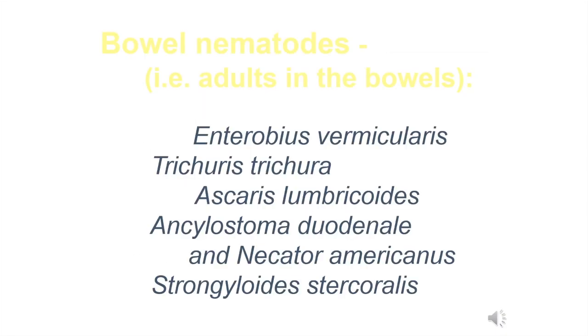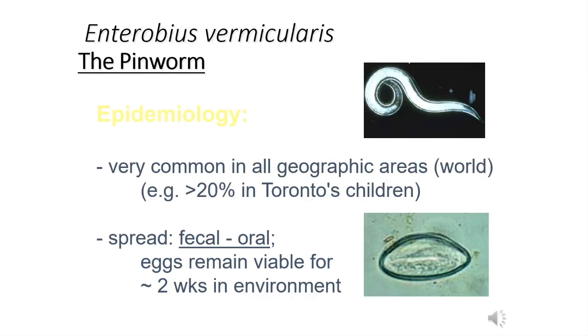Okay. Some names of those medically important nematodes, the bowel nematodes. Those are worms which occur inside the bowels. We have Enterobius vermicularis, Trichuris trichiura, Ascaris lumbricoides, Ancylostoma duodenale and Necator americanus, and Strongyloides stercoralis. Those are luminal parasites, luminal nematodes, and we shall go over those in a little bit of detail,